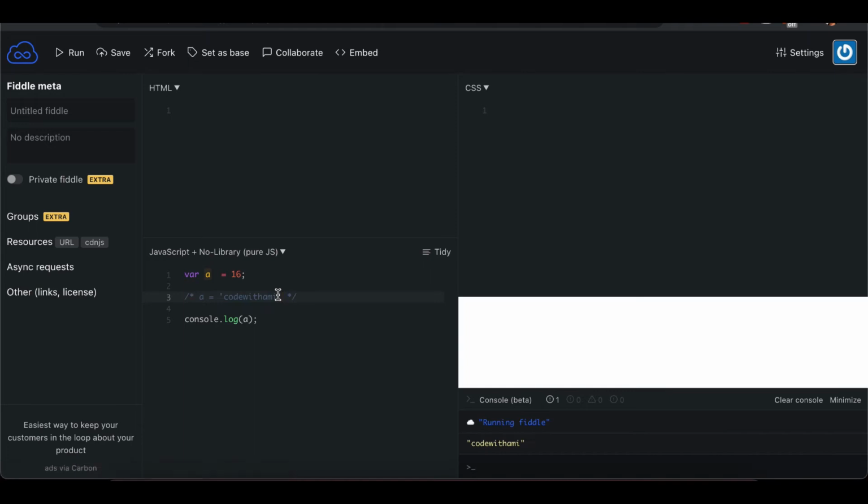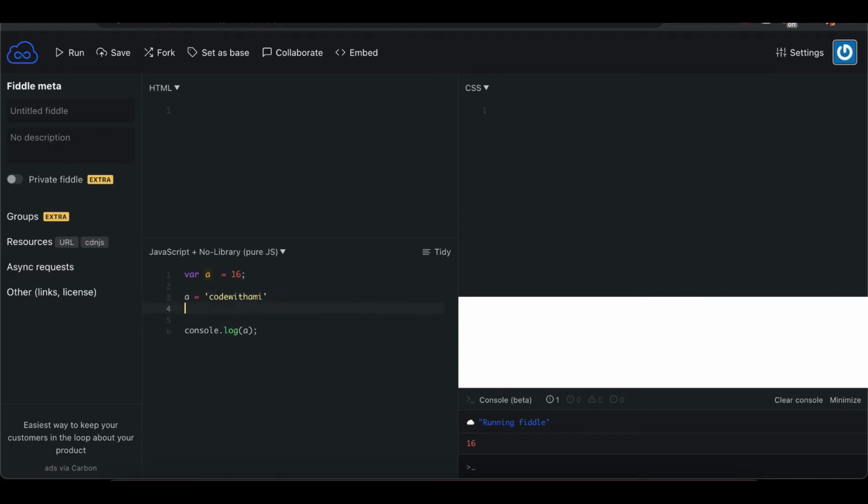If I comment this out and save, it is going to print 16. This is a dynamic data type. First I gave it a number, then I changed it to a string. As soon as I change the value assigned to a variable, it automatically changes the data type of that variable. In the first line it is a number, but as soon as I change it to a string, it automatically becomes a string data type. This is why it is called dynamic data typing.